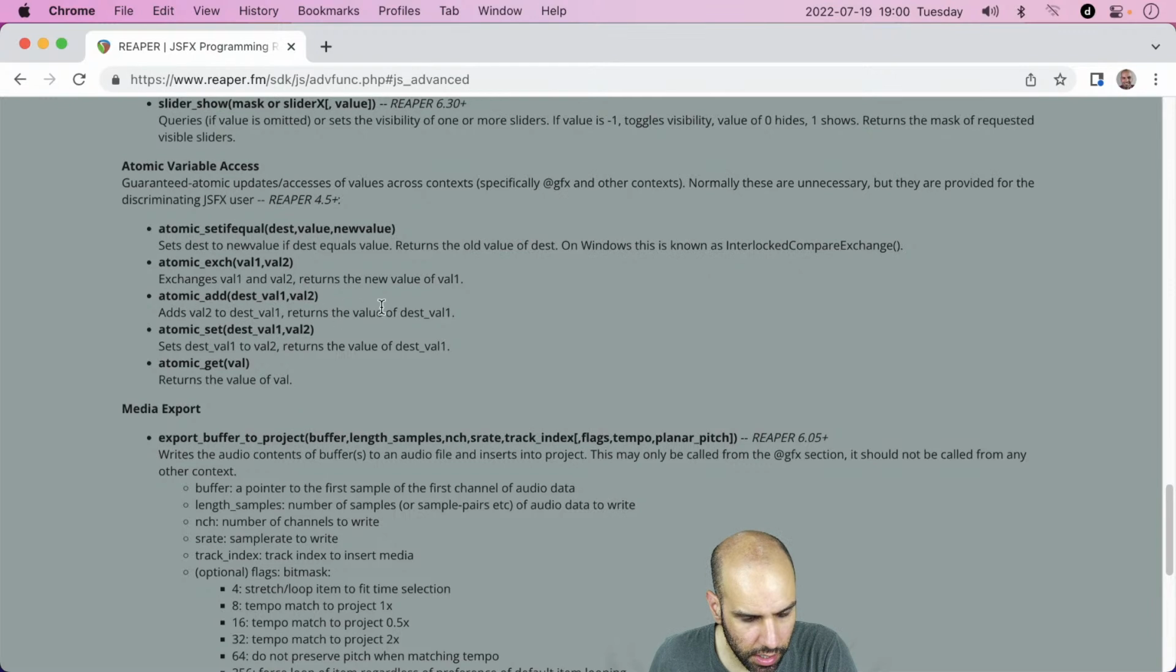And then this destination value, I think, it can be anything, actually. It seems like it can be anything. Yeah, it seems like what this is doing is